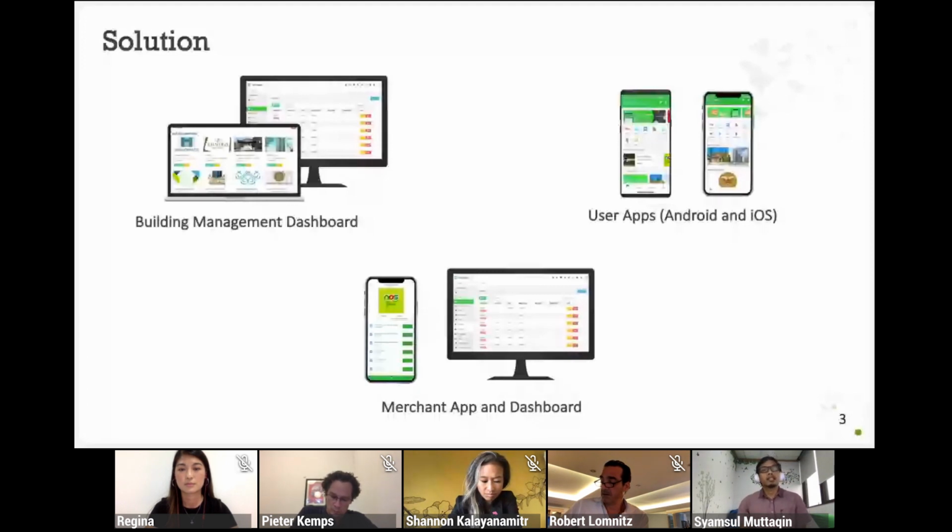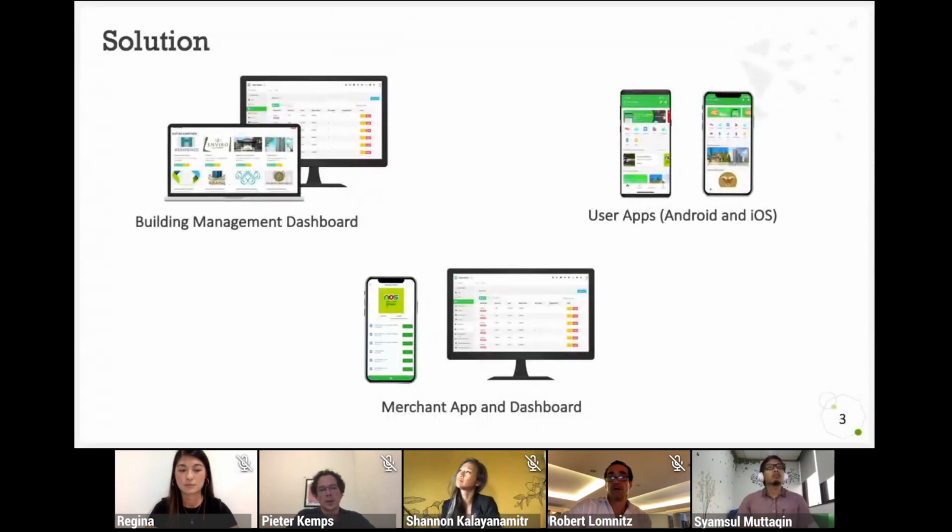and so on. And for the residents, we create a mobile application on both Android and iOS, so users can send inquiries to the building management, receive payments, and pay their monthly billing directly through our application.